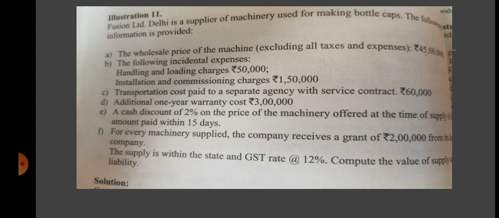And before moving to expenses, you read the sentence very carefully. They are telling expenses are all excluded. And I told you, any expenses that relate to selling and distribution, all expenses from the time the supplier agrees to supply till delivery to the place of the recipient, all expenses are to be added. And as they stated expenses are not included, you must add the expenses at the time of computing the value of supply. The expenses are like this.